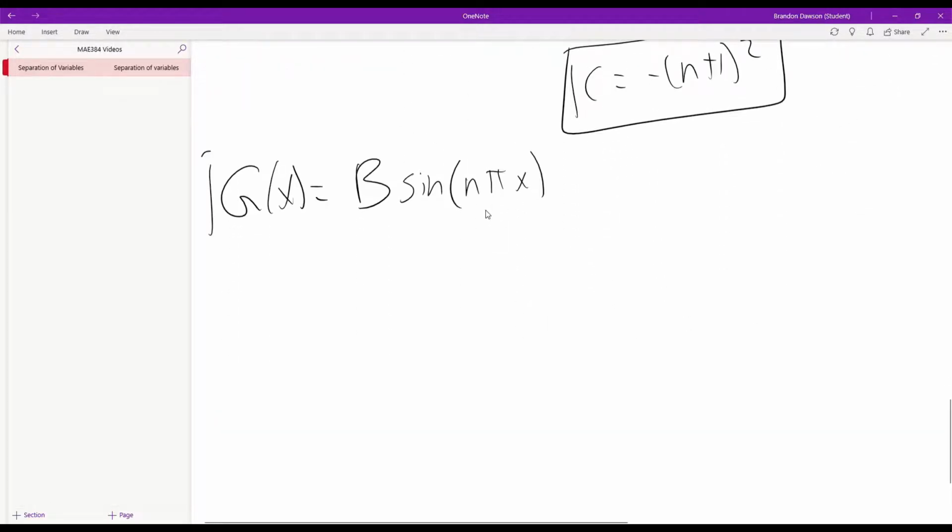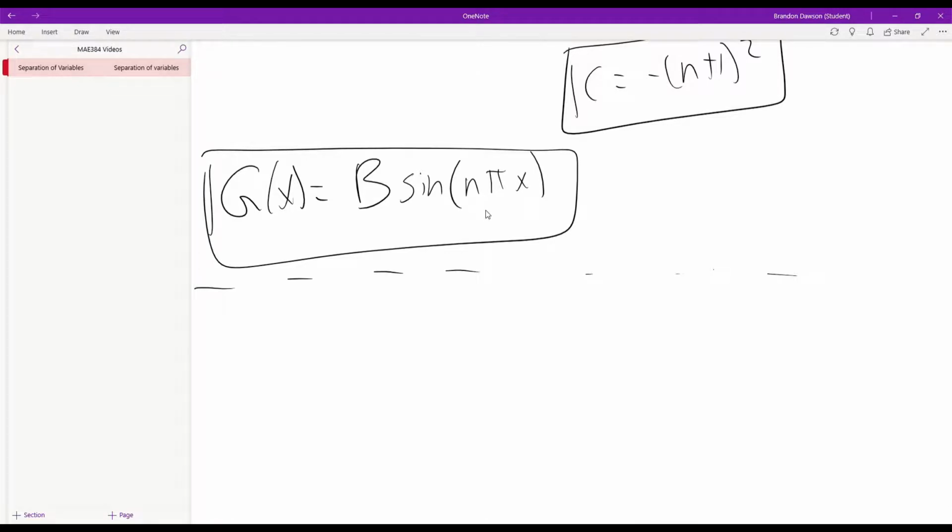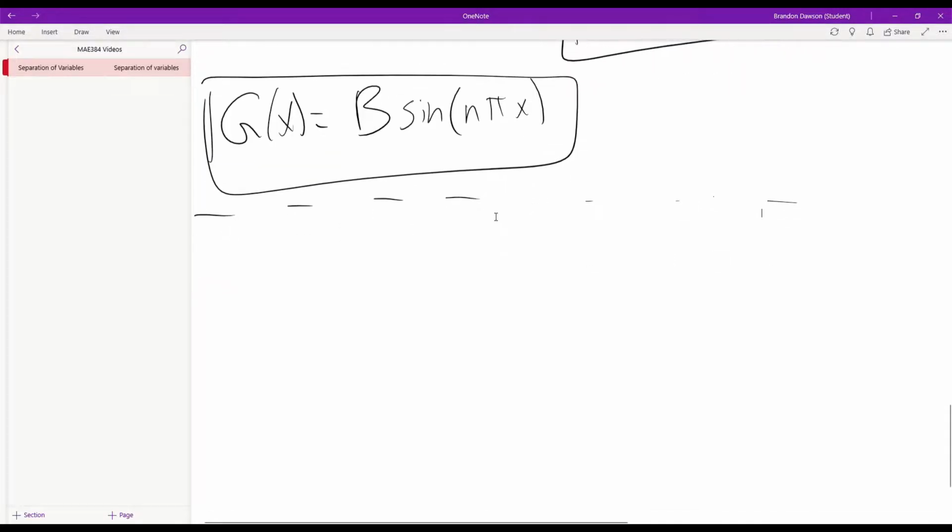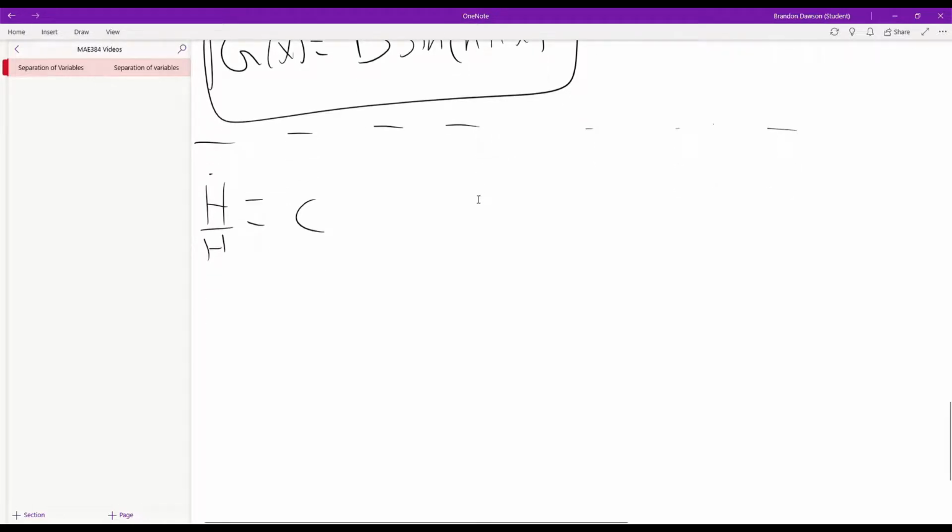Okay, so this is going to be important to remember. Now, we're going to solve for our h portion. So you have h dot over h is equal to c. If we use our ODE methods, we know that this becomes ln of h is equal to c times t,